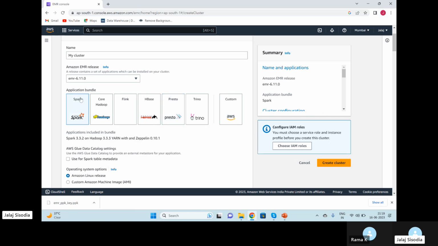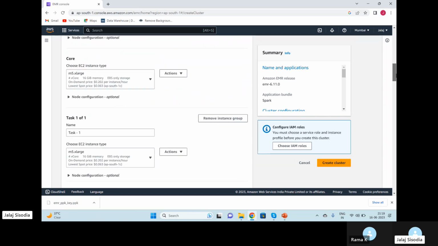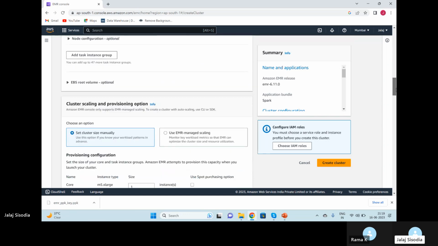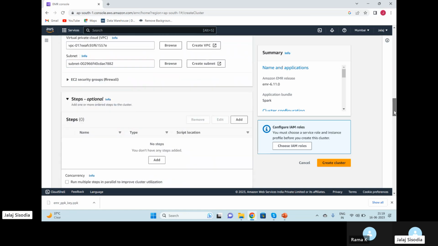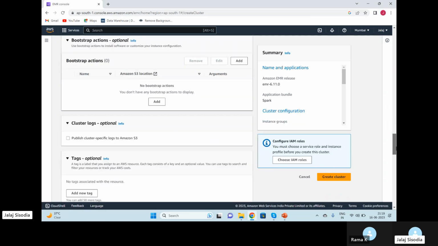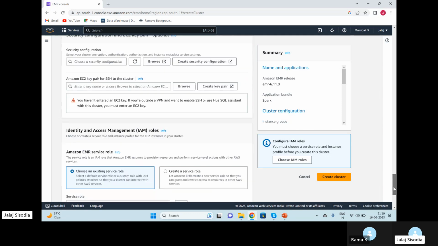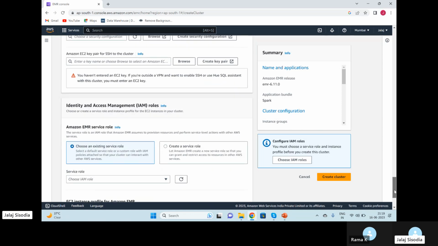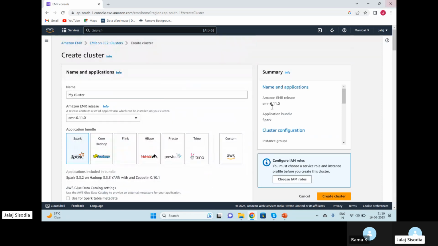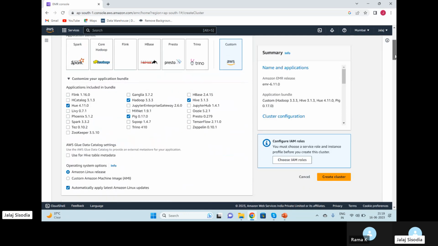Okay. So I'm just going to go back with EMR. I think if I am not wrong, I should have advanced settings somewhere. Just a second, allow me one second. If I choose custom, yeah, it's actually the custom one. Okay. So